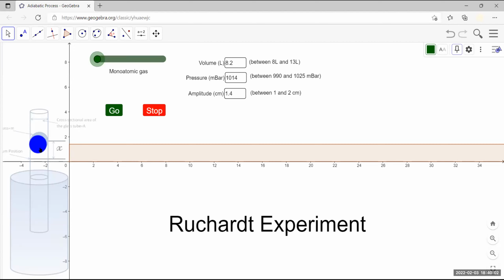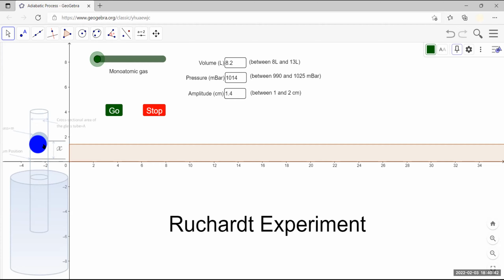Okay, and the amplitude of oscillations in here. So basically what's going on, you take a ball in here, and under normal pressure, its own weight sits on the gas, so it's going to be in equilibrium. If you move it, there will be depression underneath of it, so the pressure from the top will push it down. Because of the mass, it's going to continue down and oscillate. The pressure will increase underneath, so it's going to push it up against the atmospheric pressure. When it moves up, the atmospheric pressure will move it down. And this is what Rüchardt's experiment is. So that's basically how to find this.